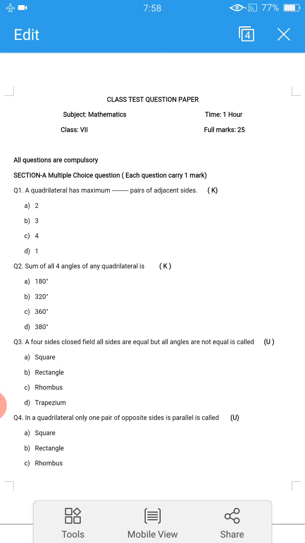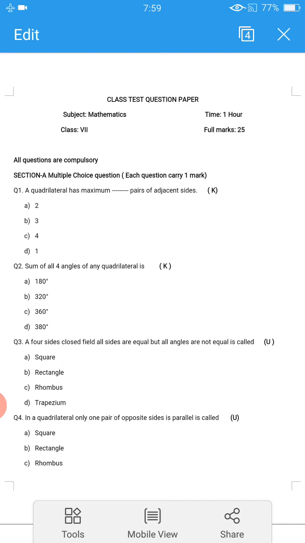So this whole question paper I have divided into 4 sections. Now Section A: all the multiple choice questions are put in Section A. You have already made a blueprint, so from the blueprint, all the objective questions you have to keep in Section A. So question number 1 is,